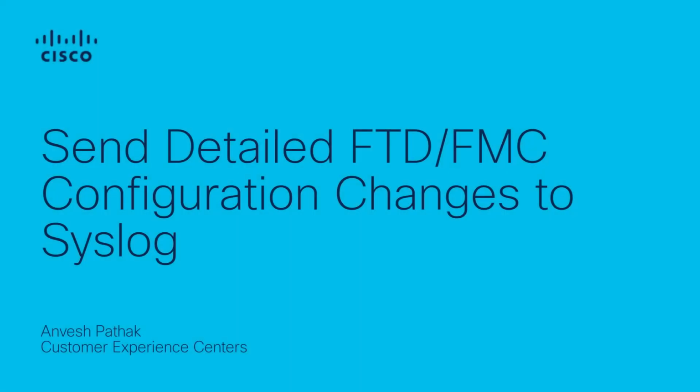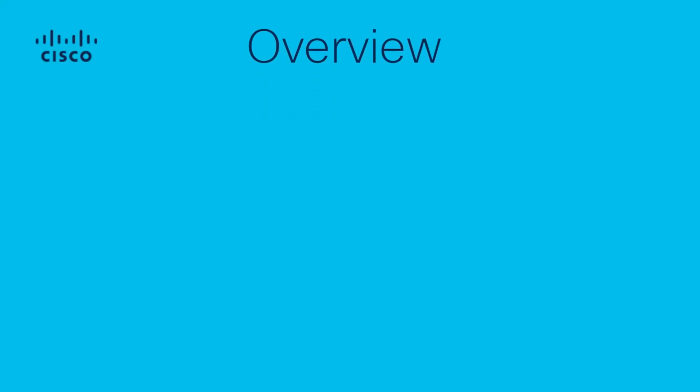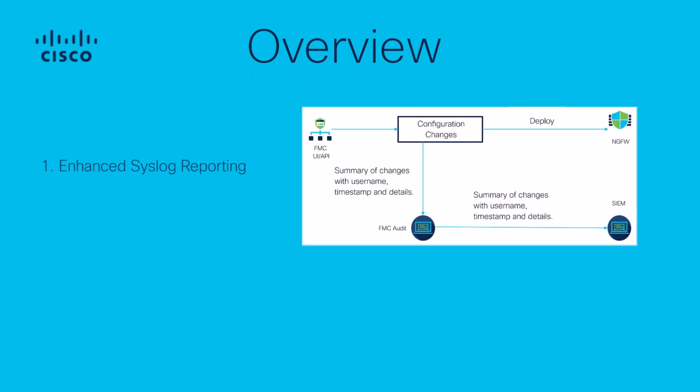In this video, I want to show you how to send detailed configuration changes to syslog. Let's start with an overview. This feature allows FMC to not just send a summary but also detailed configuration changes to a syslog server. This enhancement helps meet compliance requirements by providing a comprehensive audit trail, ensuring that all changes are tracked and documented